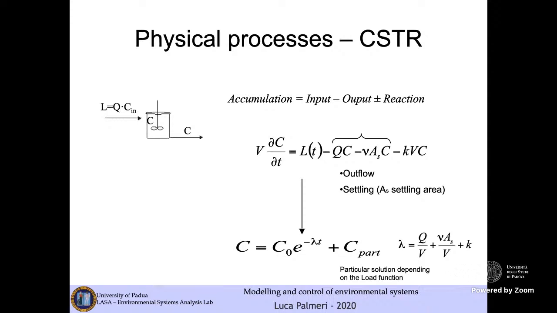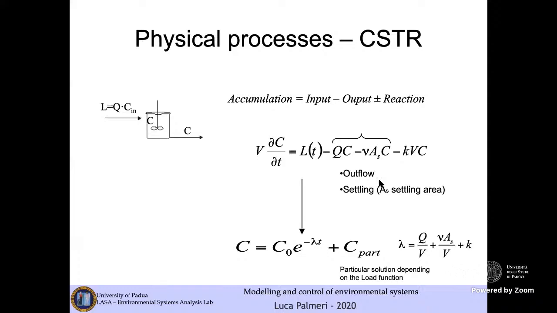For example, we start looking at what happens in different conditions of the loading function. The loading function is this one expressed here: the quantity of material entering into the system is equal to the discharge multiplied by the concentration of the material in the discharging water. The concentration at the output is indicated by C, so if we start from the continuity equation, we translate this equation into